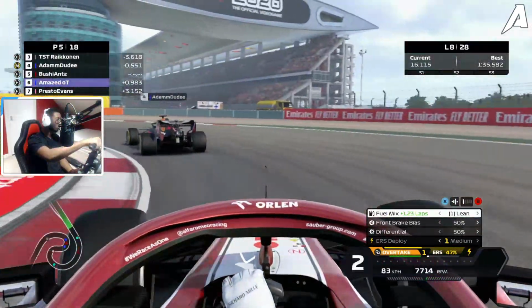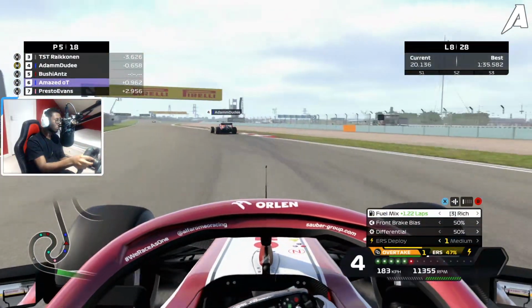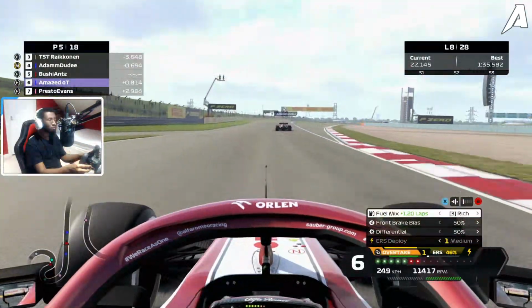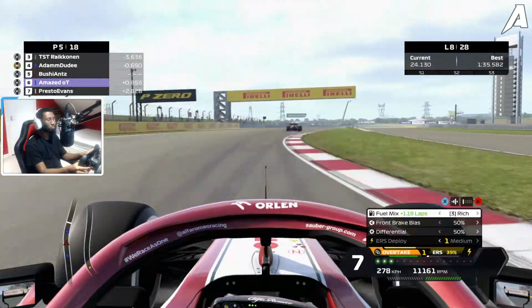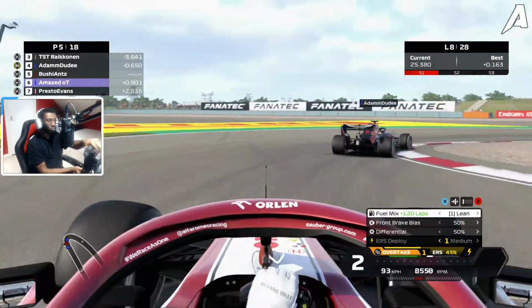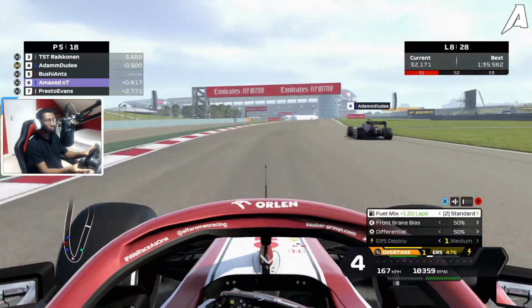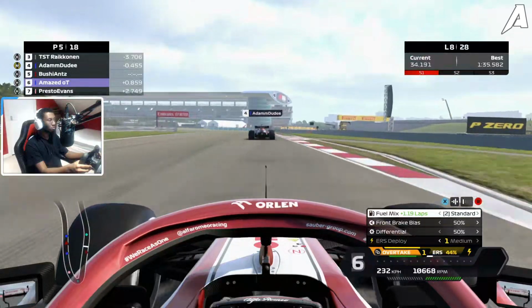So I wasn't going to make it too easy to let them pass, but I knew that I would have to let Amazed through and Presto through at some point because I was just not battling for that position, and I didn't want to lose time battling for a position I knew I wasn't going to keep. So right now my goal at this point was to stick with Adam Dude as closely as I could